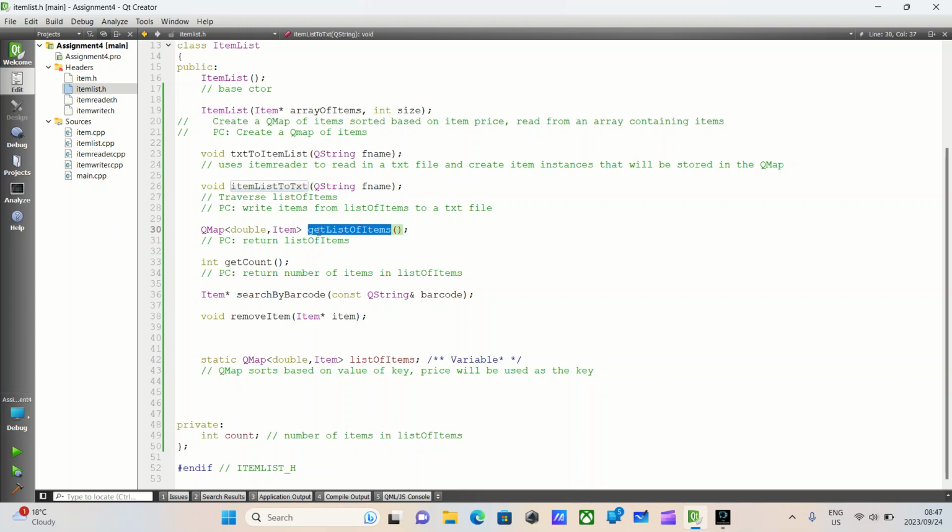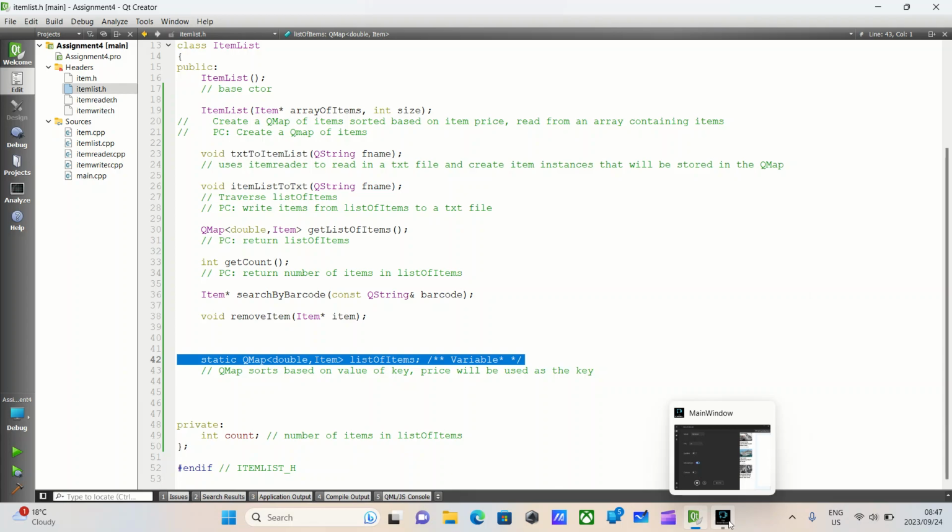We then have a QMap, which returns the items. We then have a get count, which is very complex, too much to explain. We then have a search by barcode, which will take in as parameter a Q string and determine if the barcode matches any item barcode. We then have a remove item, which essentially deletes an item. We then have another QMap. This is not a function, this is a variable. It is static. All instances will refer to this one QMap. We will save everything. We'll go here and we will